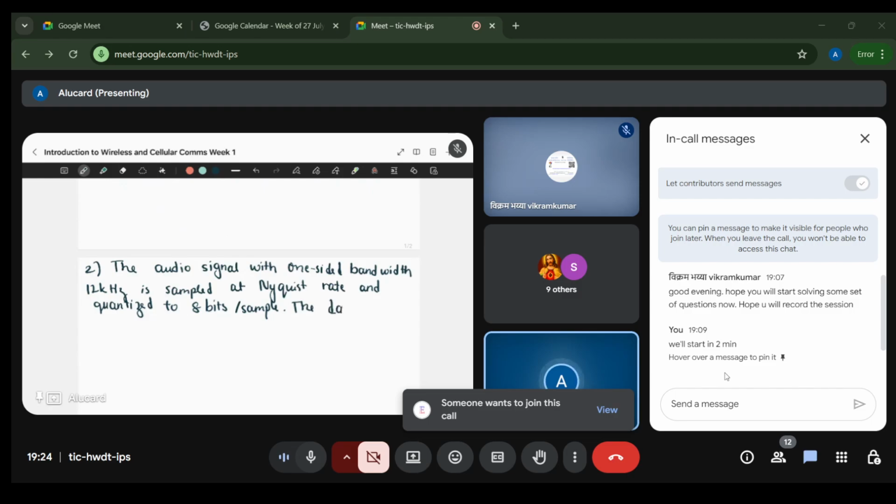The data rate of the quantized stream will be